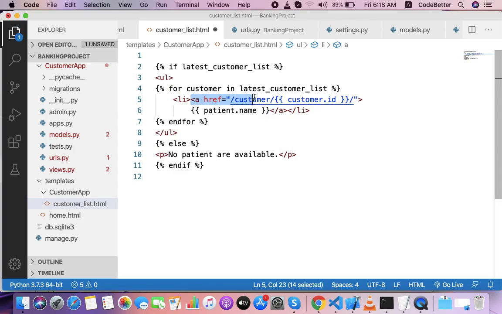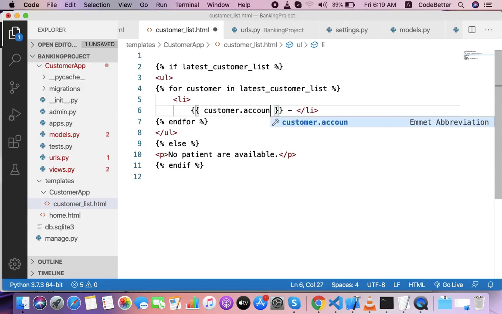For the time being, let me avoid this just to display the customer name and customer account number. Let's display two fields.